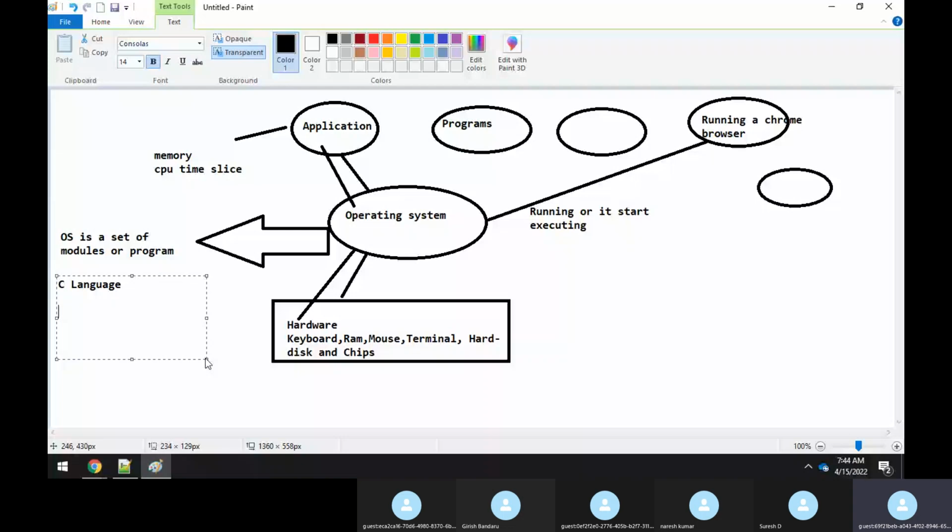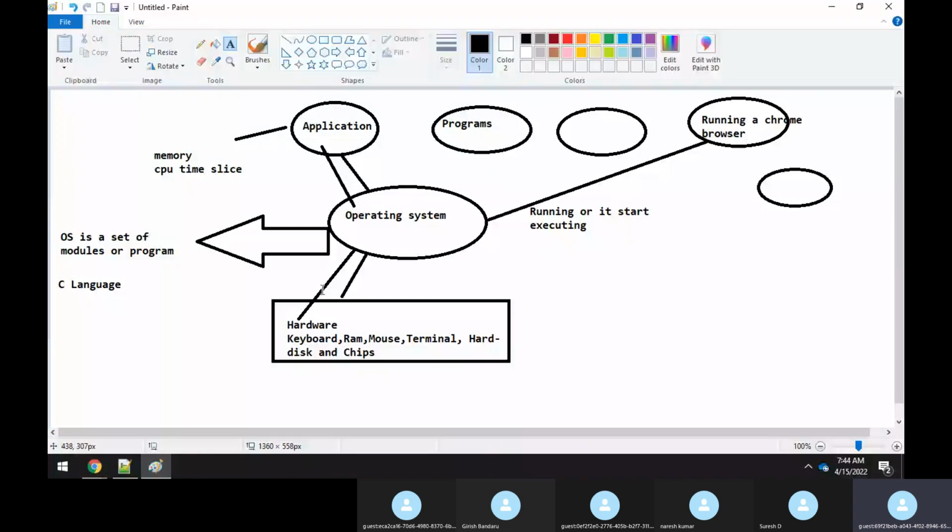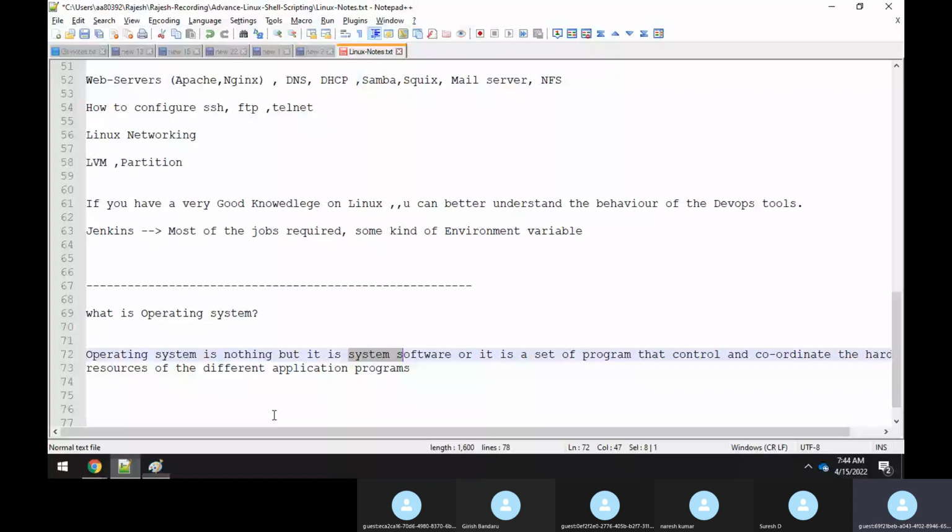Now each and every application, whenever it wants to interact or communicate with the hardware, has to go through the operating system. Without the operating system, the application cannot run, or it cannot communicate with the hardware. So one more definition: the operating system is an interface between the application and the hardware.